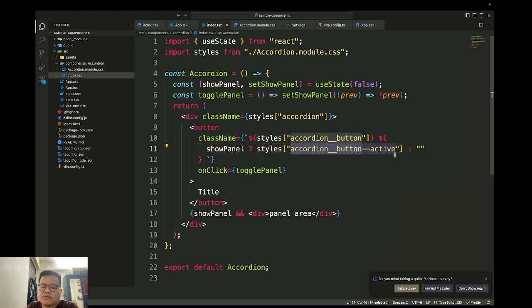Okay, this can be active. This is a BEM convention, and what active would do is I can explain it like